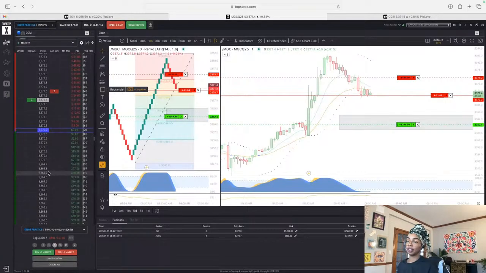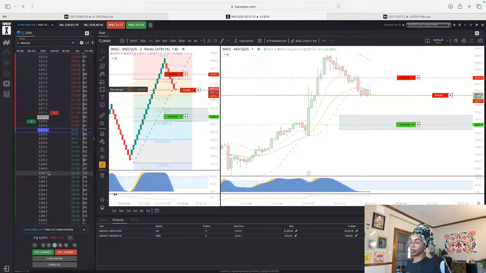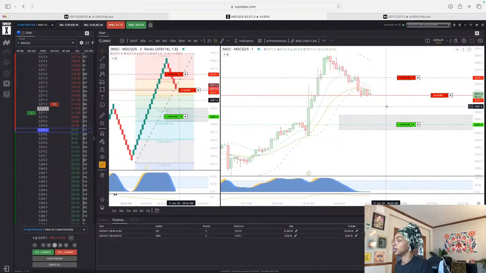3369.7 is 30, would give us $30. So that $1 move, right? Just one complete dollar move to the downside there would give us $30. That means that every contract, if we were just in here with one contract, that would give us $10. So you have to know your price fluctuations, how many contracts you're in for. So with 3 contracts here, every dollar that gold moves, that's giving us either plus $30 or minus $30 along the way. So this move here, 33.70 to 33.62, should give us